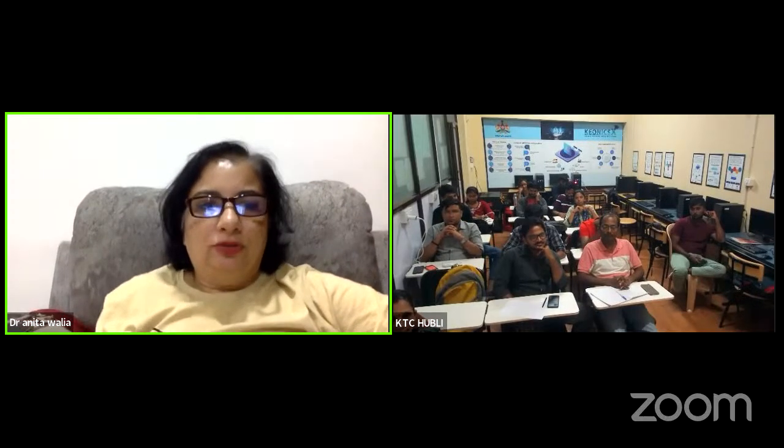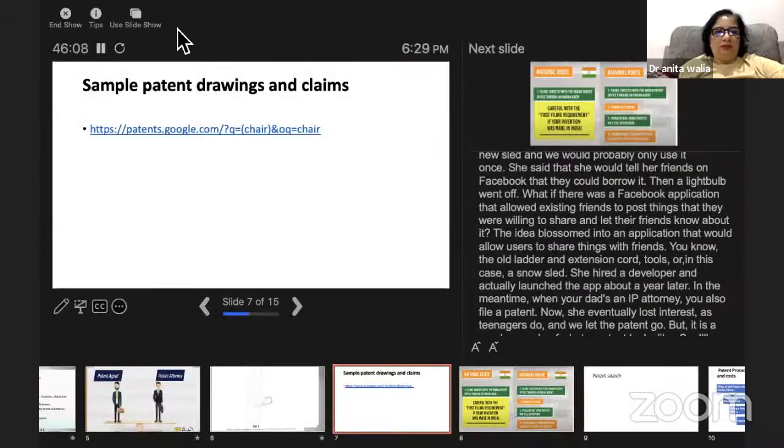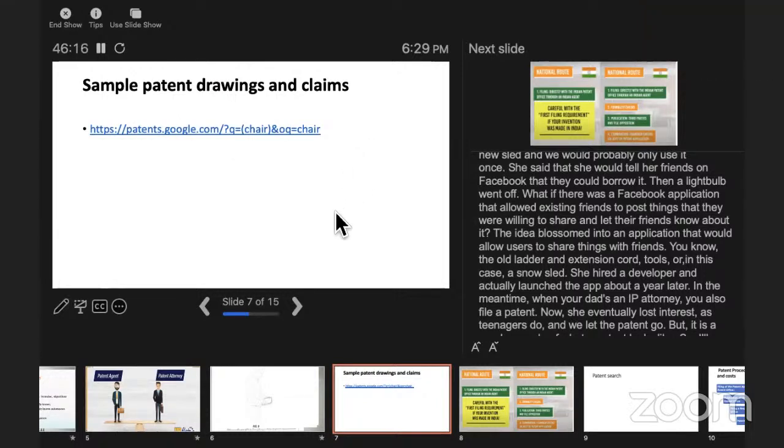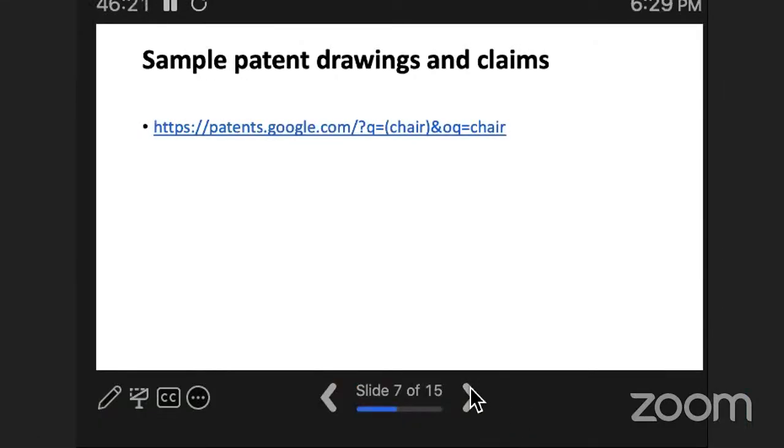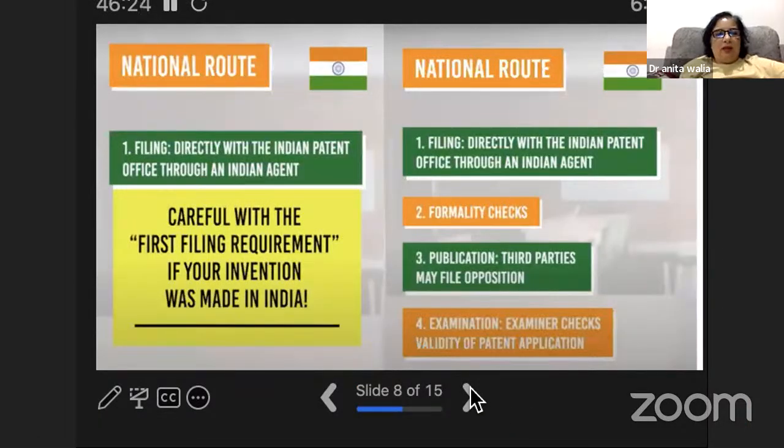Okay. So let's now see what the process of patenting is in India. So let's go ahead and see. Now, if you want to get a patent, there are two things which you can do. Either you can apply for a patent in India, okay? And you can directly apply in India through an agent or attorney. There are a lot of agents and attorneys available.